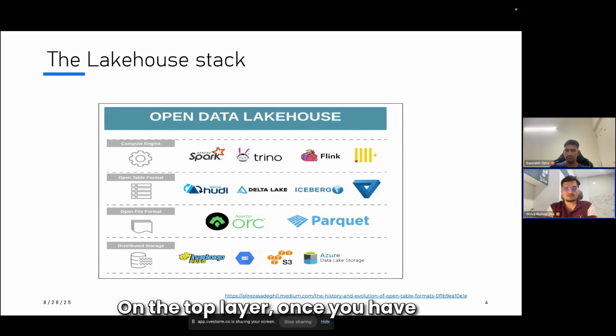On the top layer, once you have defined exactly what that table format is and how the table looks on top of the files, you can use a compute engine that supports Iceberg or the lakehouse technology of your choice, and you can fire queries to either read or write data.